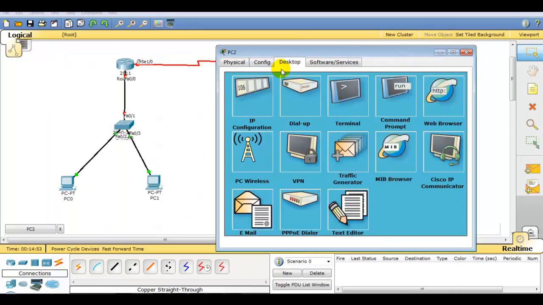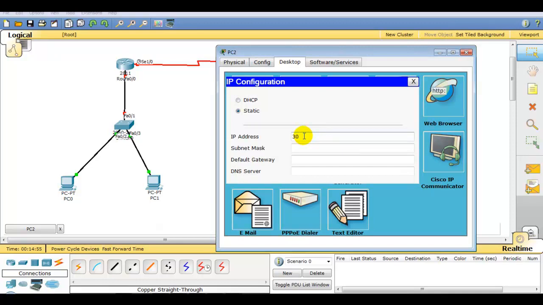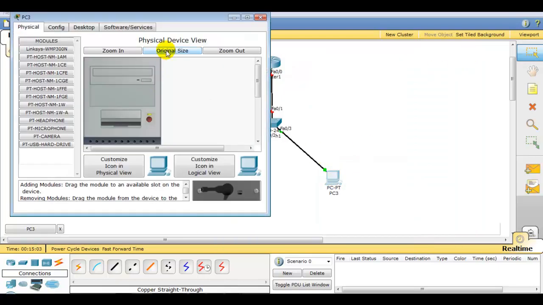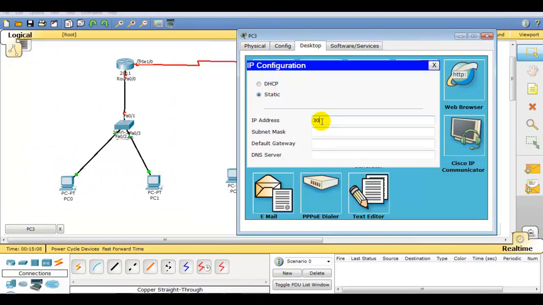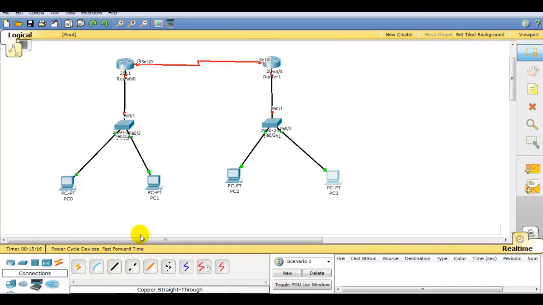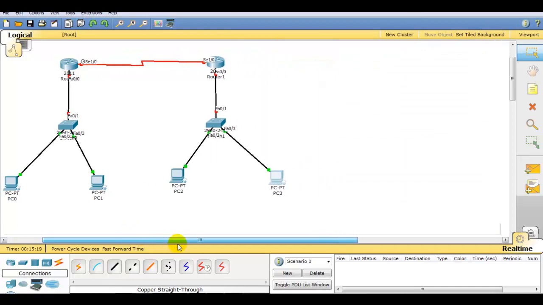Here let me give 30.0.0.2, with 30.0.0.1 as the default gateway. Now here 30.0.0.3, with 30.0.0.1.